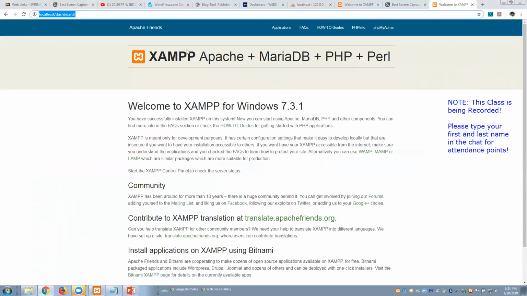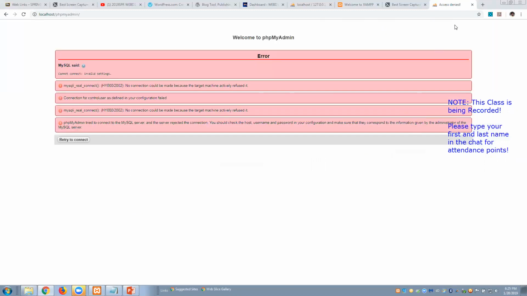Now, this also includes a database on the web server called MariaDB, which used to be called MySQL. Usually you can get there from this tool called phpMyAdmin. But if I click on this right now and try to go to phpMyAdmin, it's saying access denied. Now why is that? Well, it's as if you have a database on the virtual web server, but the database is not turned on. It's not activated just yet.